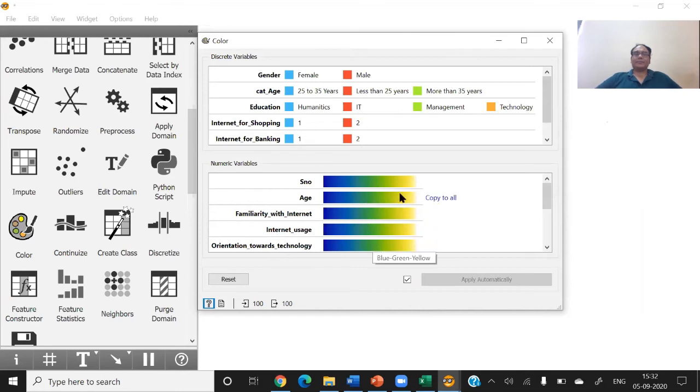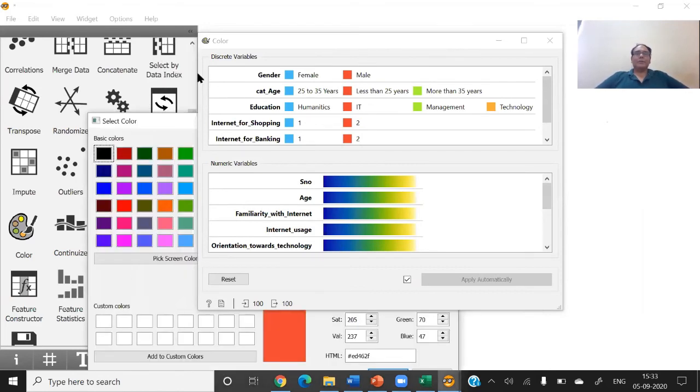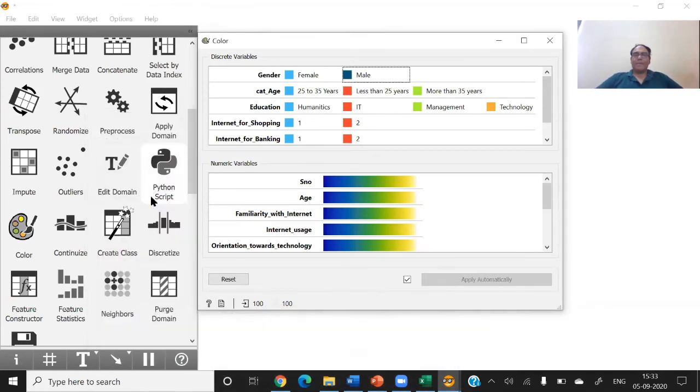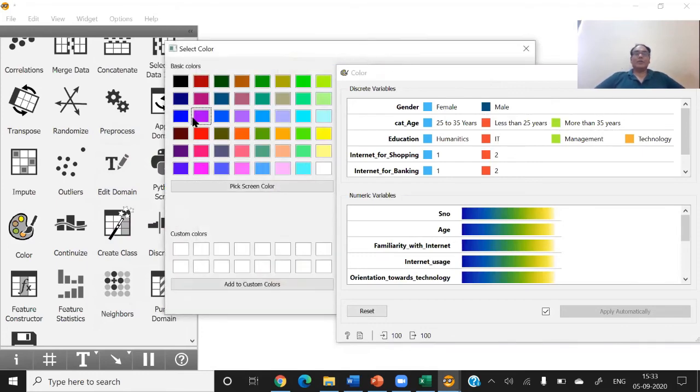Now suppose I want to change the color of the males. After that, some option comes, and suppose I want to give this color to the males. So now males are represented by this color. Similarly, if you want to change the color of more than 35 years, you can select the color and press OK.